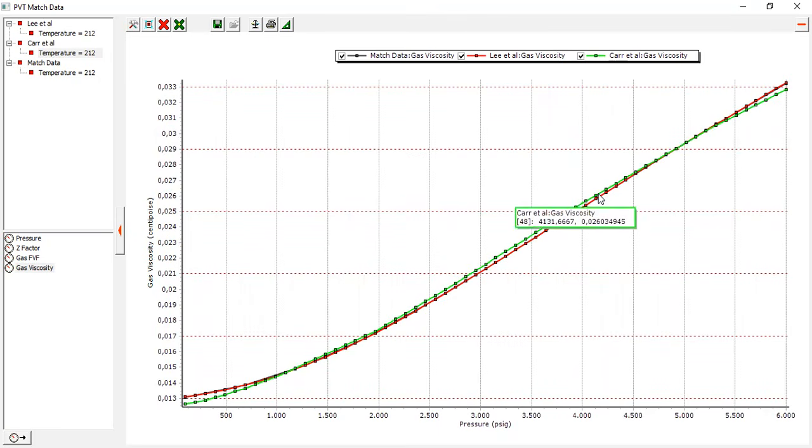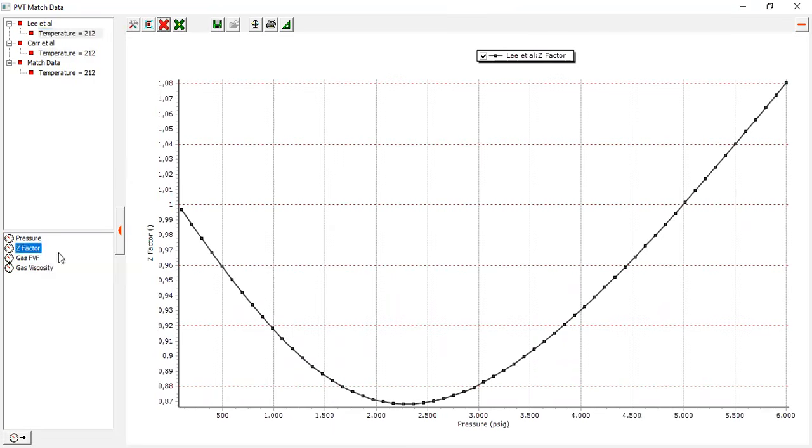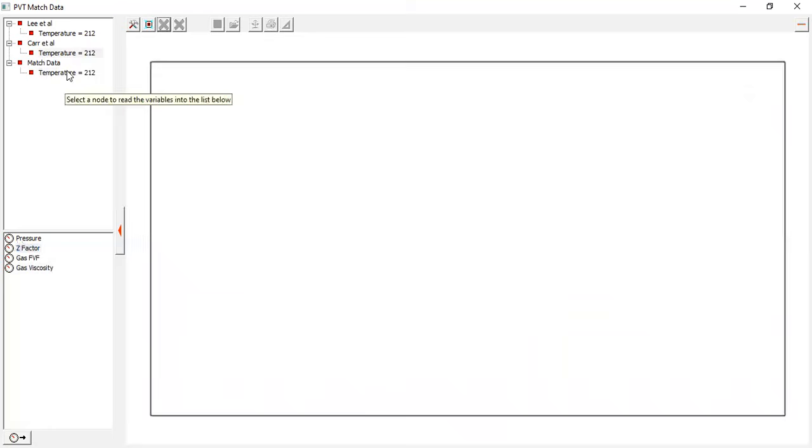We can also plot other parameters. Okay, remove all. Lee et al., Z factor. Match data, Z factor. Not very well actually for the Z factor. But what about Carr et al.? I'm sorry, I will remove all first and show this one first, Z factor.